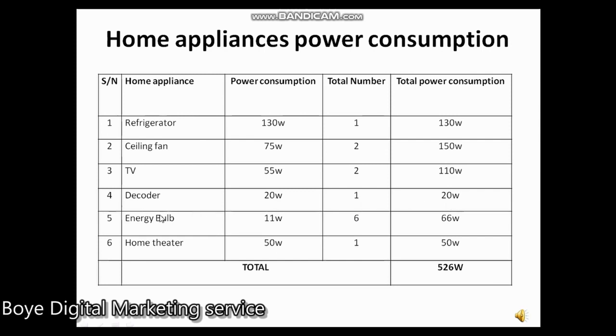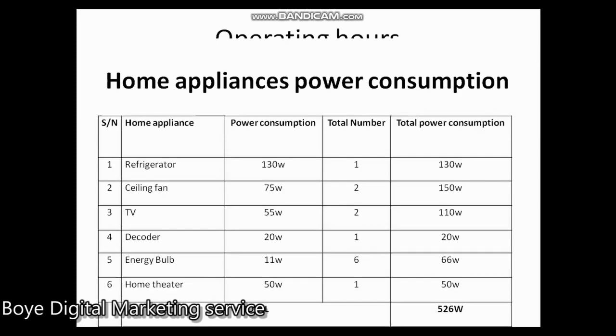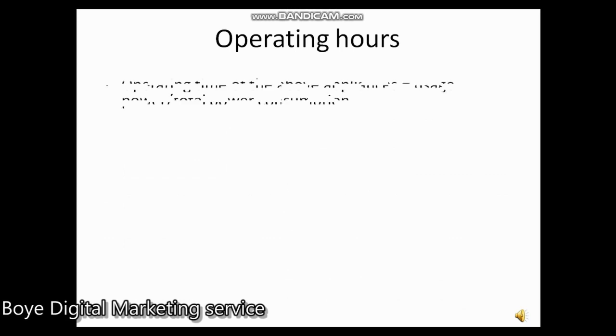Then you have energy bulbs of 11 watts, six of them. It will now give you 66 watts. Then your home theater is 50 watts, and you have one, which is 50 watts. So when you sum together the consumption of your home, for this example now, you have 526 watts of power. Now, to get the operating hours